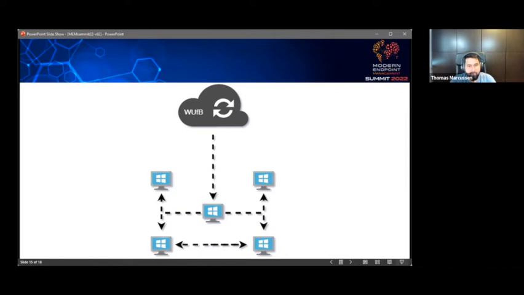Delivery optimization allows clients to share updates over the local network using peer-to-peer technology. Administrators can also configure how much bandwidth the devices should use for this task. Delivery optimization can also be used for apps that are downloaded from the Microsoft Store. Downloaded files are stored on the device for a short while and automatically cleaned up afterwards. Delivery optimization is built into Windows 10 and can be easily configured using group policies or Intune or whatever means you have to configure policies.